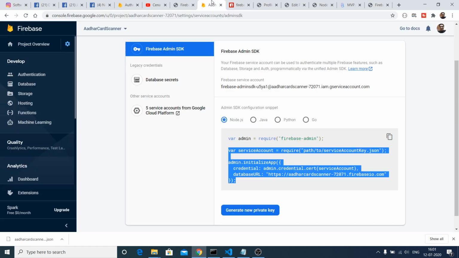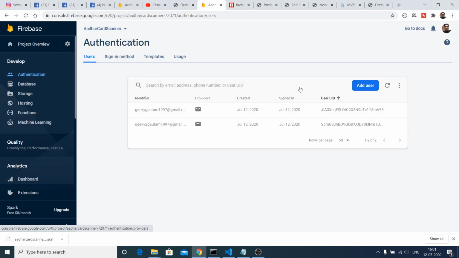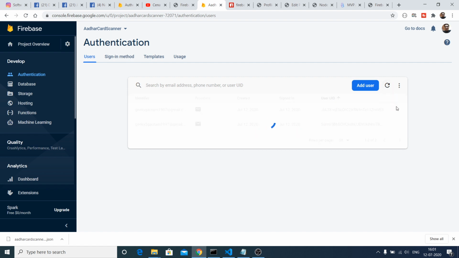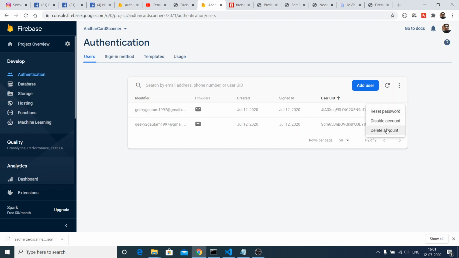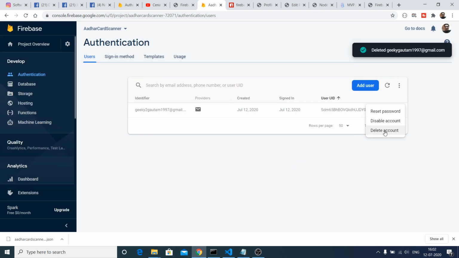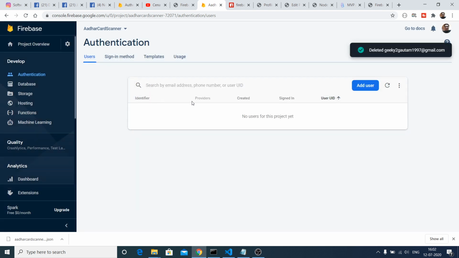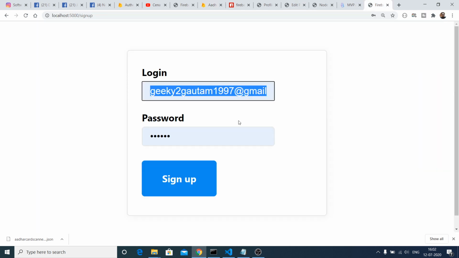Let me just open my Firebase console here, go to the authentication tab, and if I refresh here, let me delete all the users here. Delete account, delete. Delete account, delete. What we want here is to see whether we can sign up a user or not.